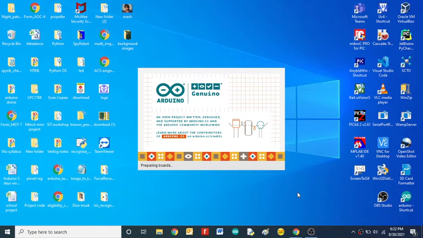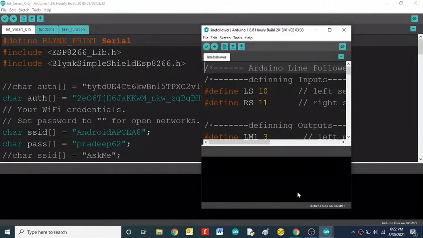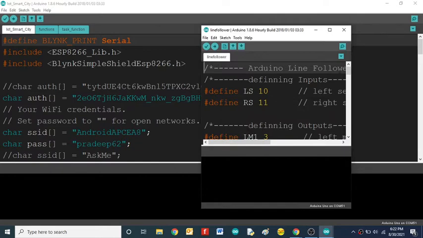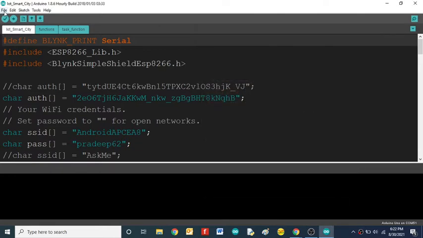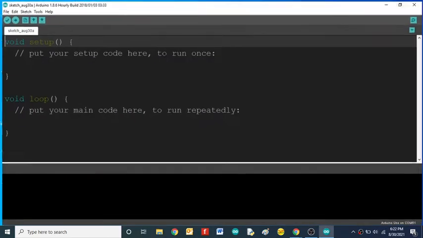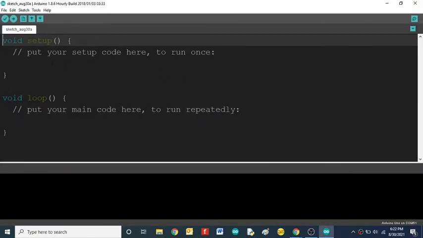So first I will show you the demonstration on the hardware. Then we'll move towards the simulation part on the website. Okay. So this is your Arduino IDE. Once you open it, it will look like this, an empty window. So you can see here the default code structure of an Arduino program is void setup